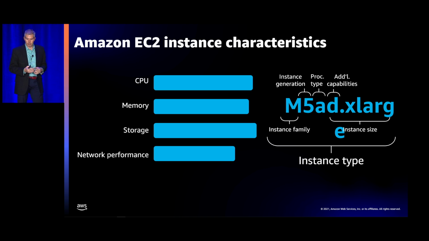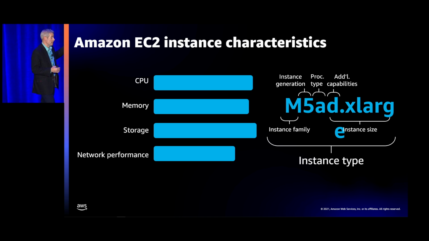And then an instance family. An instance family is a collection of those instance types that are designed to meet a common goal. To make it easier for you to select the best option for you, EC2 instances are grouped together in a family based upon the target application profiles.